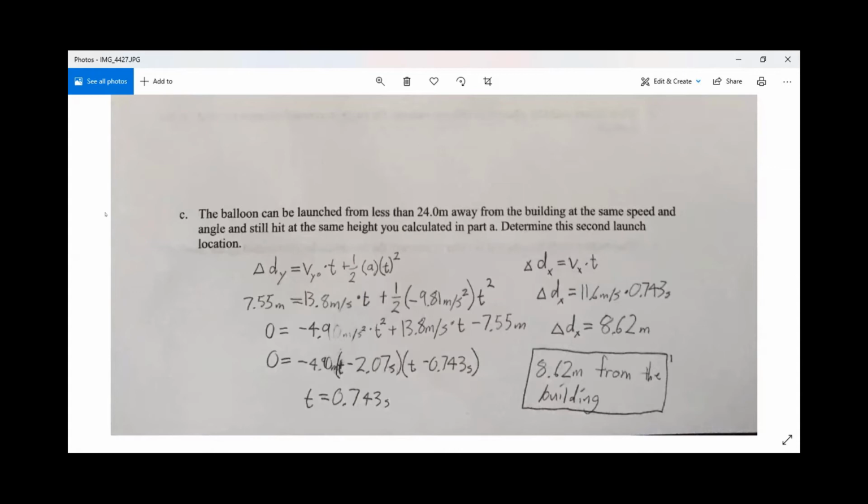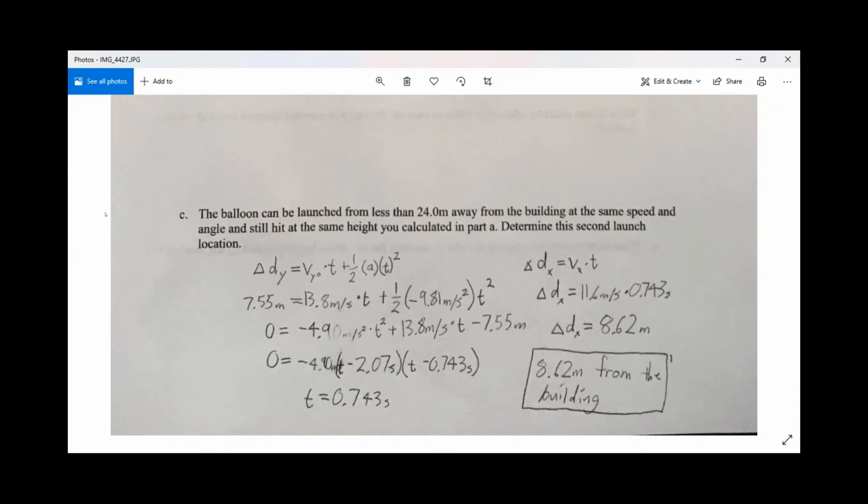So we had to figure that out. I took our second kinematics equation and put in the height on the wall, which was 7.55 meters. We found that in the first problem. And then the vertical velocity, which was 13.8 meters per second times t plus 1/2 negative 9.81 meters per second squared times time